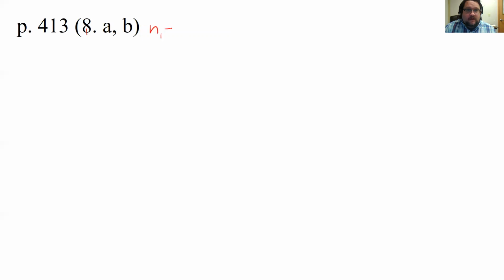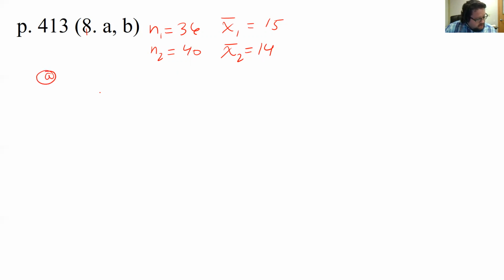Okay, there we go. N1 is 36. And then from its distribution, we got a sample mean of 15 and a random sample size. So N2 was 40. So even if these weren't mound shaped, we're big enough to normalize this. Okay. So part A asks us, check the requirements. If these standard deviations are known, what distribution